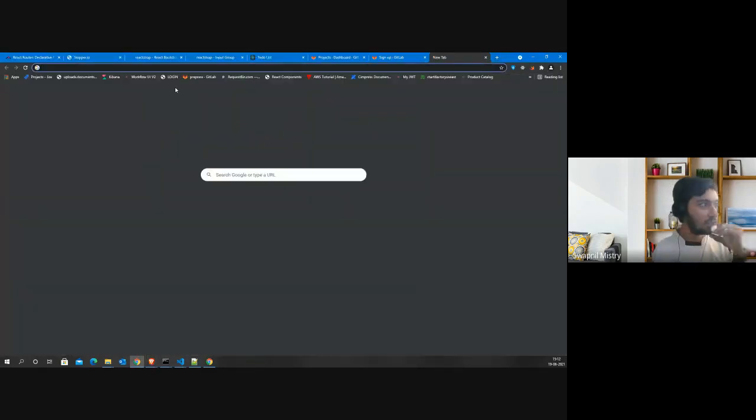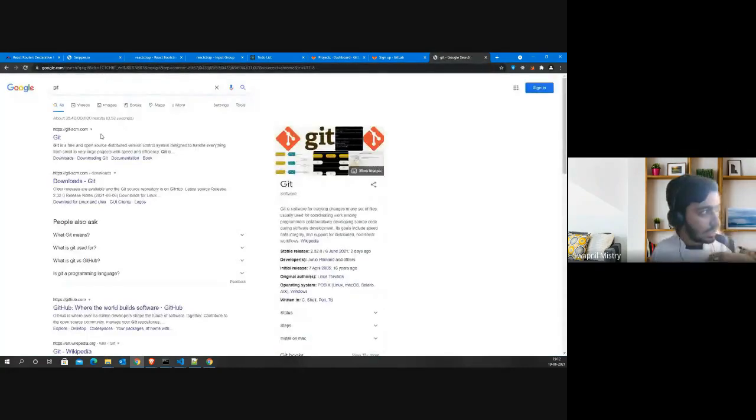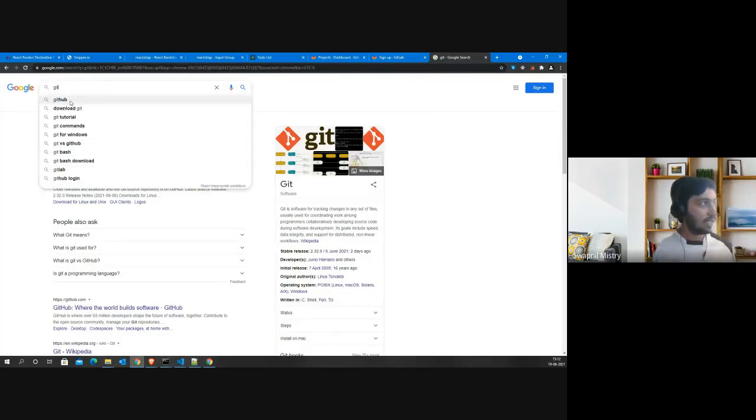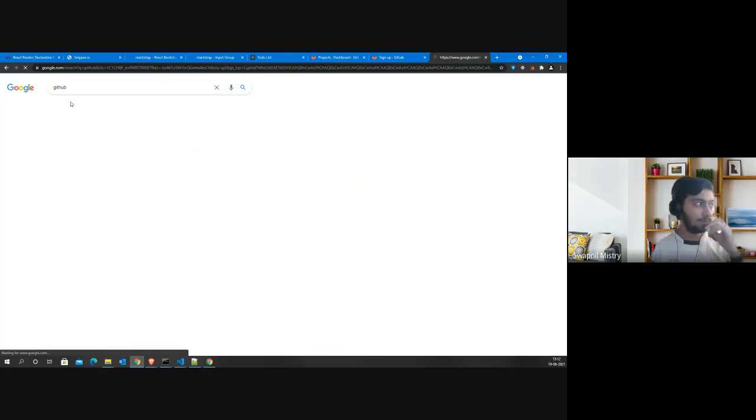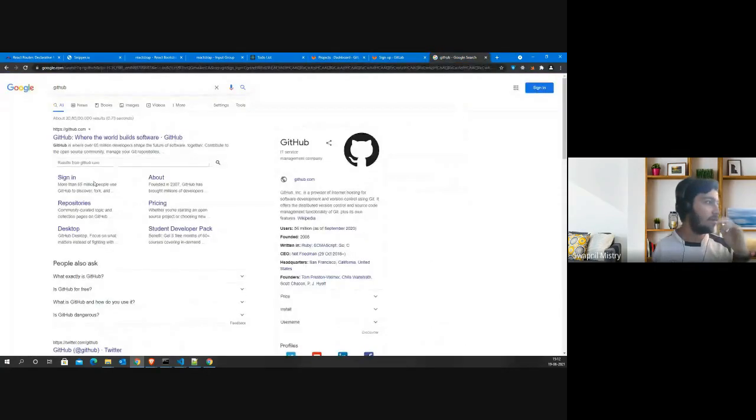But there's also another option for creating your account on Git. Not Git, GitHub. So there are two things. One is GitLab and one is GitHub. Both do the exact same thing. It's your choice whether you want to create your account on GitLab or GitHub.